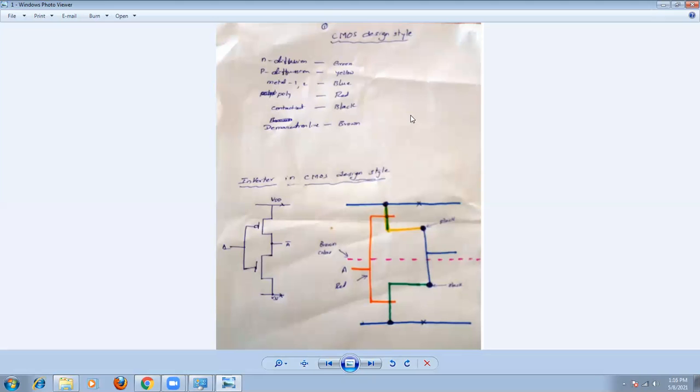That means in the P well structure, this N channel transistor is located in the well, and this P channel FET will be located in the substrate material. That is the main difference. Going back to the previous topic on the well structure, you'll get some idea. So this is the P well. If it is an N well, we fabricate the P channel transistor in the N well, and the N channel transistor will be located in the substrate.